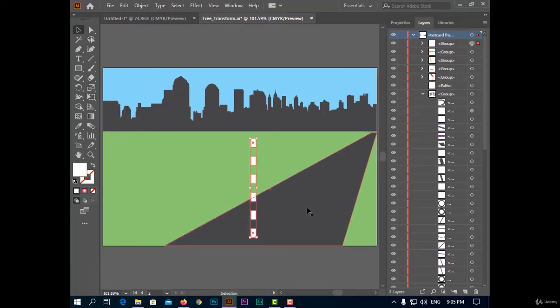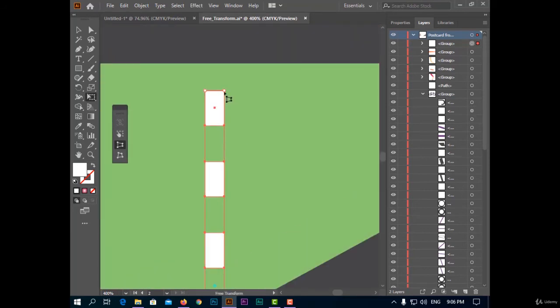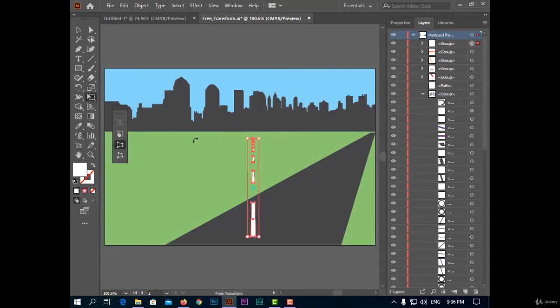I will select and with transform tool I will skew like this, and with transform tool